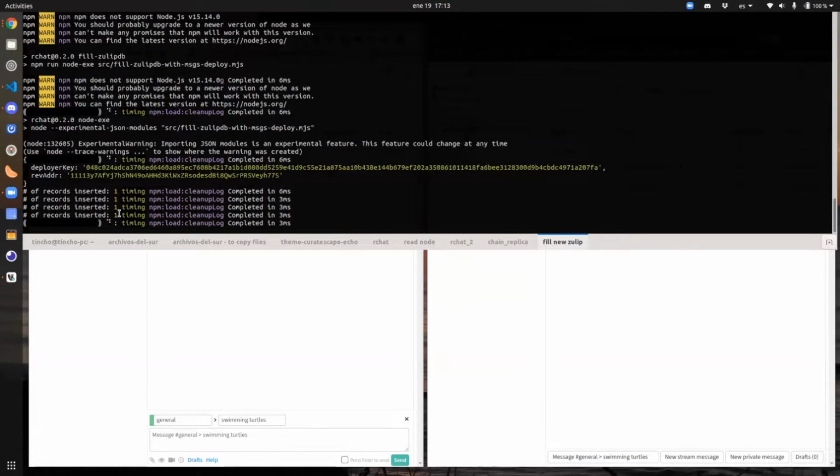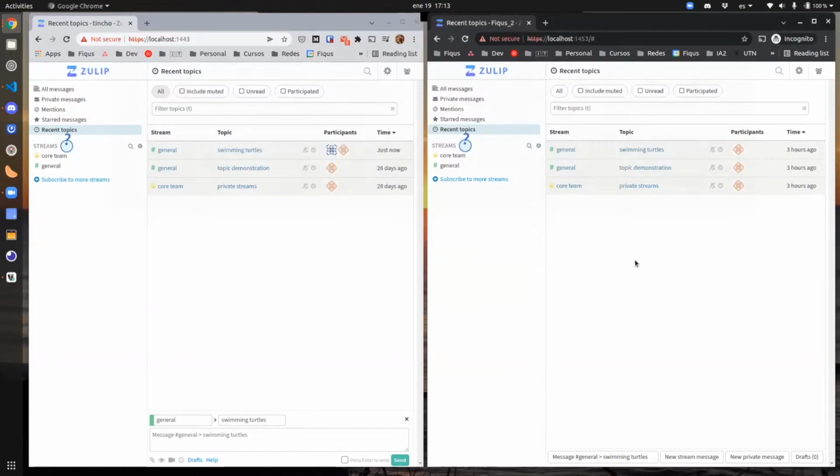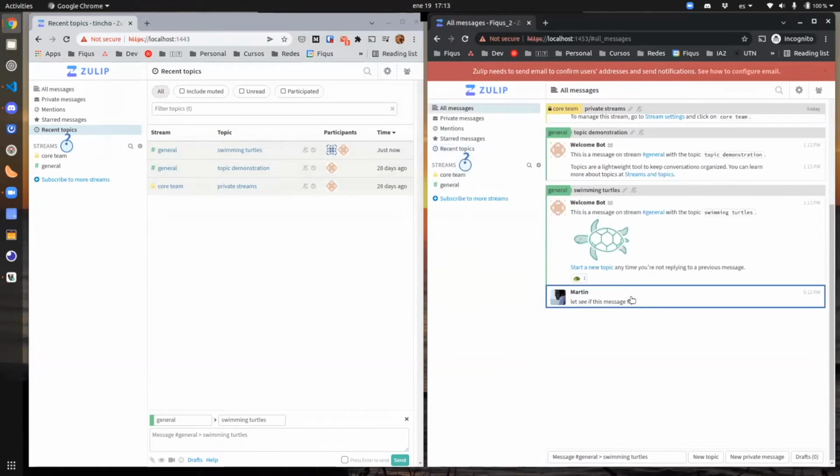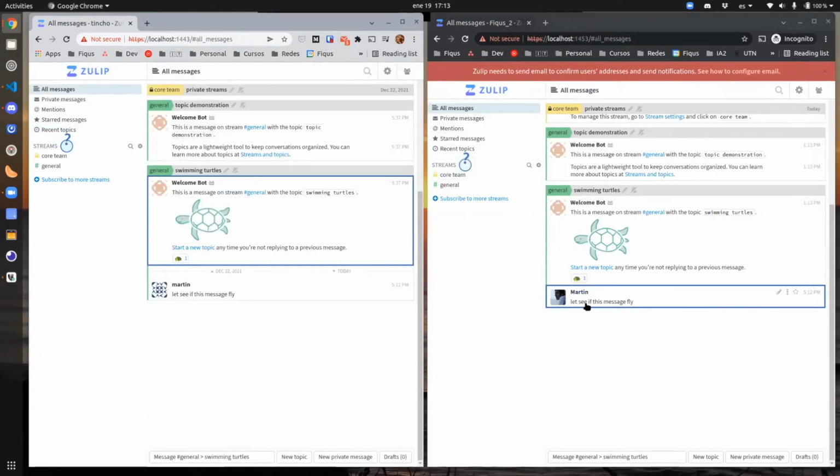I also connected to a Tomislav instance of Zulip. So now you'll see here that the message I sent is here, and Tomislav also should have that. We can check that.